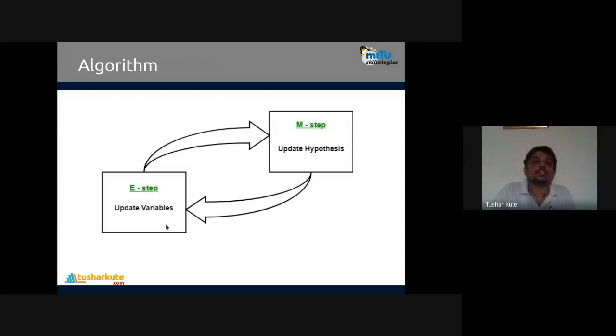So in expectation, we put what I want, and to achieve that, what can I do? That is what I want in E. What can I do to achieve that in M? So here we put your variables according to E. Then you have the M step. In the M step, maximization, we can update the hypothesis, adjust it, and put it again in the E step. Update the variables. Updated, then what do you have to do? Again, go to the maximization step, update the hypothesis. It means dynamically you are updating the hypothesis.